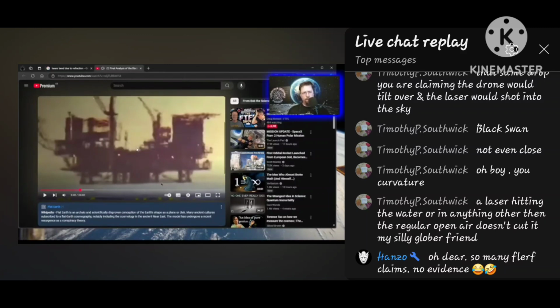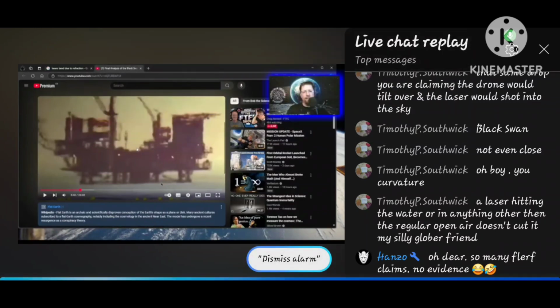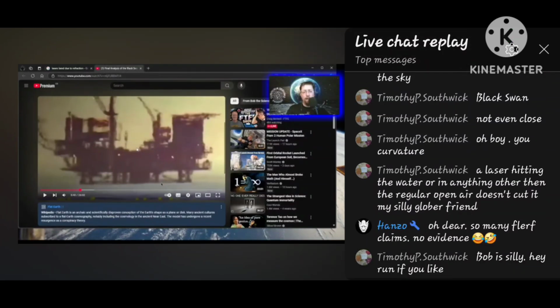Well, you know, lasers still are subject to refraction, and the air has different pressure gradients, and the pressure gradients cause light to bend. I'm sorry, this is objectively the truth. I know you don't want to accept it. I know it hurts your feelings, but this is empirically proven. So as the light travels through the air, which is a medium, as it hits different pressure densities, like cooler air above, like water and stuff like that, it will bend down towards the denser medium.